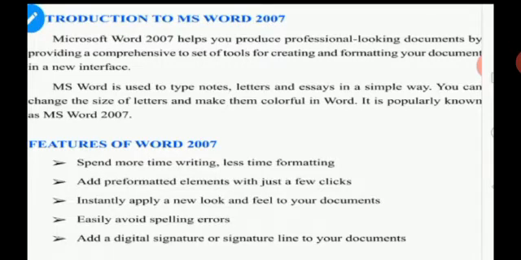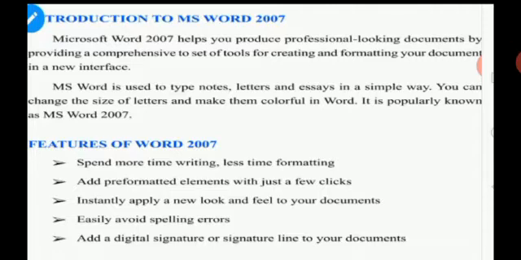Within a click we can make the changes and format everything, like changing the letter size as told earlier, changing the color, and the cases, sentence case, uppercase, lowercase, whatever it may be. And add pre-formatted elements with just a few clicks. Add pre-formatted elements, elements are nothing but additionally inserting. Okay dear, like charts or word art. In future classes you will know that. Okay dear, like pictures or animation, gif, graphical, whatever it is.